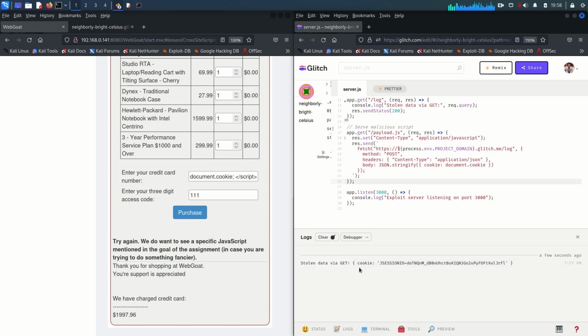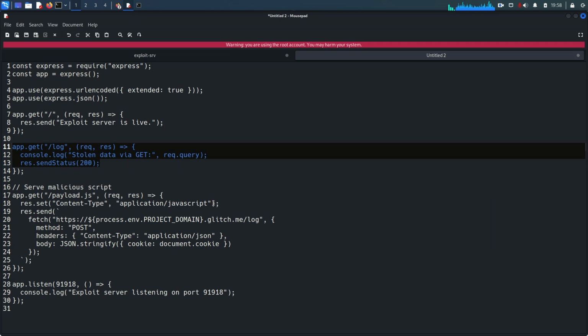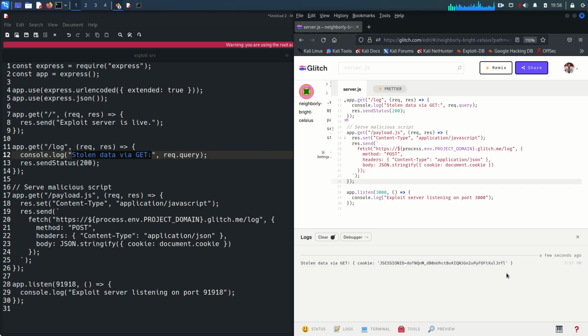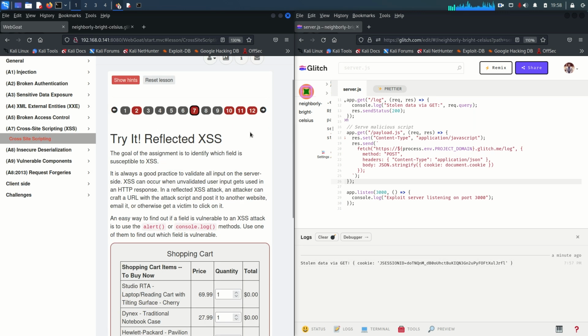So within the log section, we get what we write. First of all, the message, it will print stolen data via get request, and which data it's taking the cookie, and the cookie value is J session ID, and this is the value. Fine. So if you see this particular section, this is for get. Okay, and we mention here console.log stolen data via get, and then request.query. So this is what exploit server is,